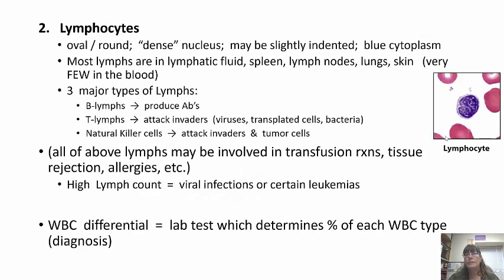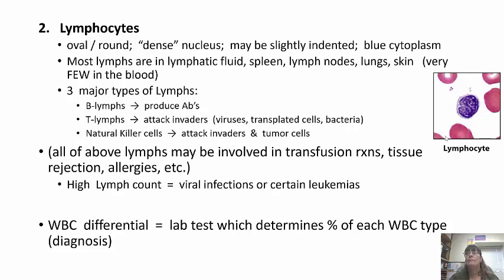Lymphocytes are oval round, they have a dense nucleus, and they may be slightly indented. Their cytoplasm is blue, and as you can see from the picture, there's a very thin ring around the edge, and that's how you can tell lymphocytes from all the other cells. There's three major types: B lymphocytes, which produce antibodies, T lymphocytes, which can attack invaders, like viruses and transplanted cells and bacteria. Natural killer cells attack invaders and tumor cells, and natural killer cells are always kind of wandering around